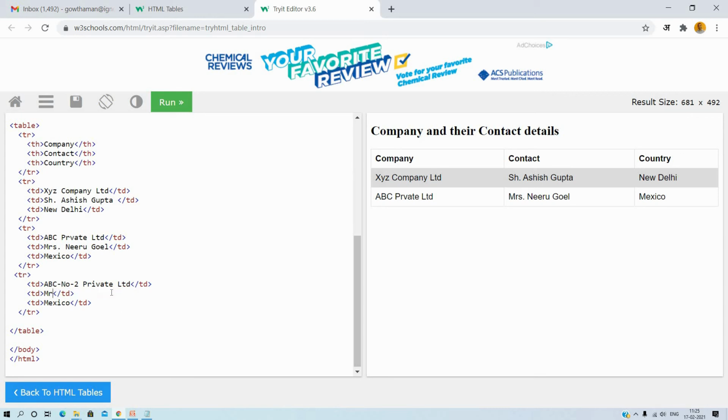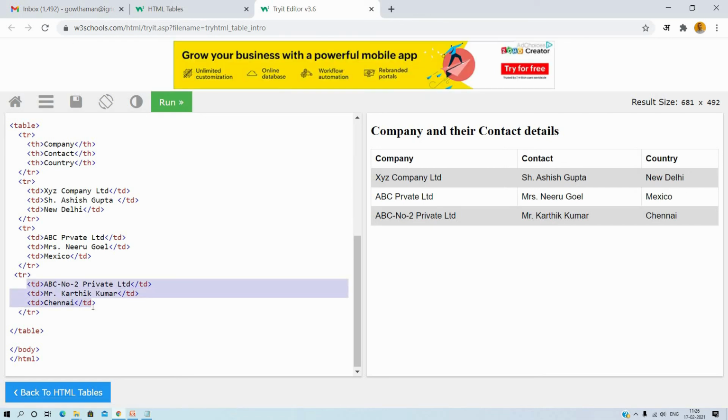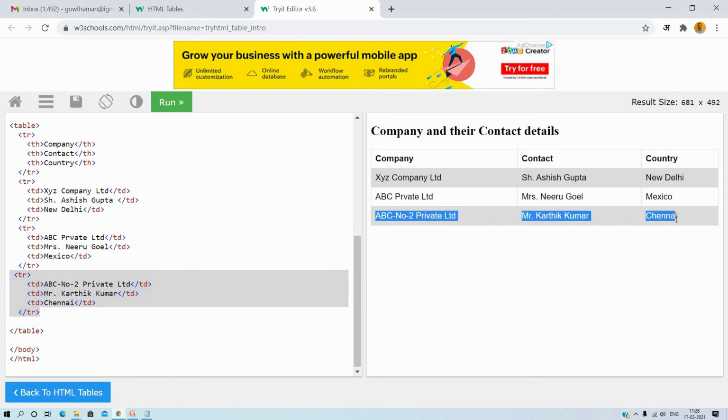For the contact person, I am changing the name to Mr. Karthik Kumar, and in place of country, Chennai, India. See how the values are getting changed. Similarly, you can change any text, but you have to give appropriate row insertion.